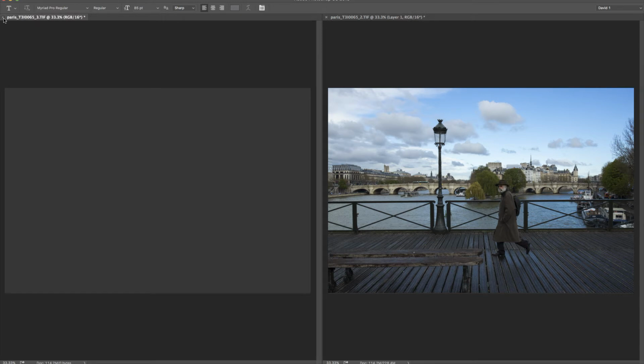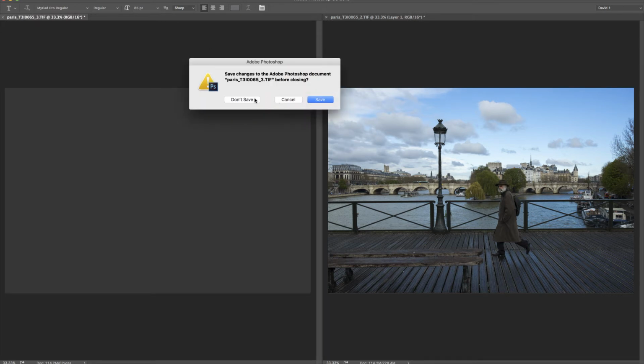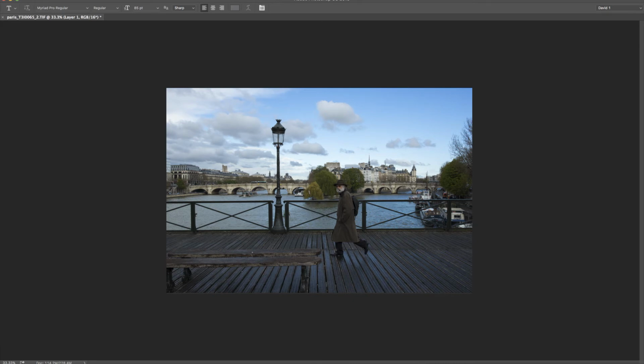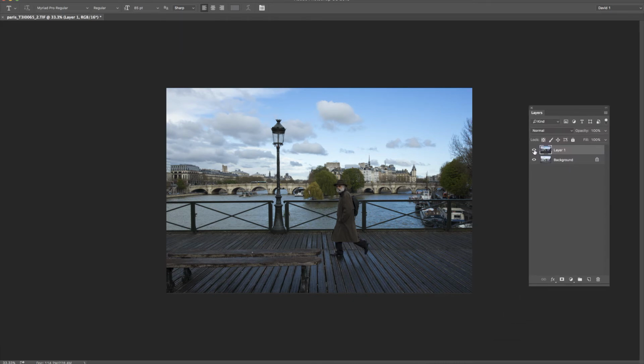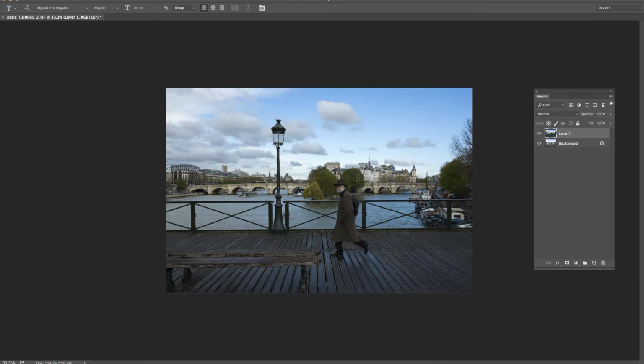I'm now going to close that down. I don't need to save it. And what I have, if I bring my layers palette in, is the darker image as a layer on top of the brighter image. So what I'm going to do now is make a selection, and there are various ways of doing this. Again, what I often do is use the lasso tool, but this time it's time for doing things differently,